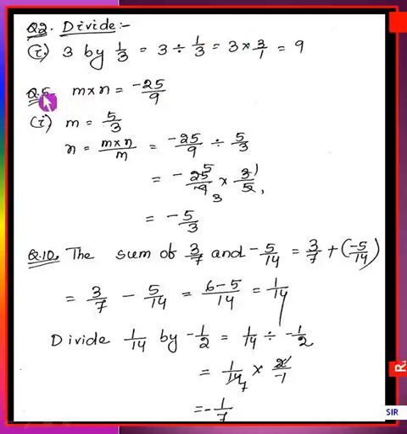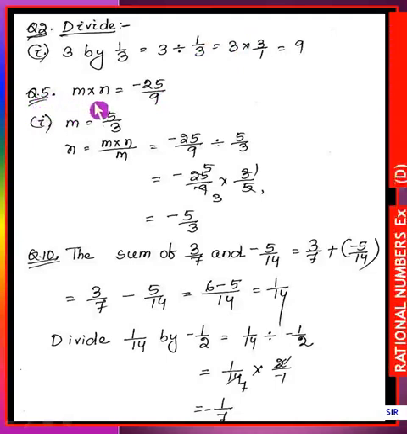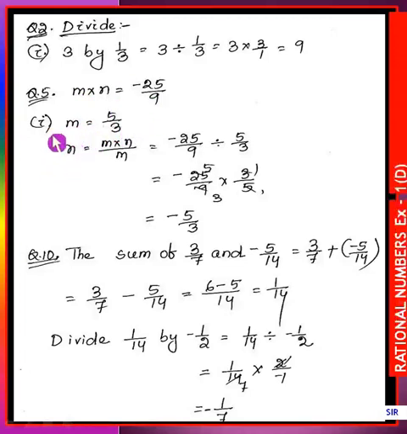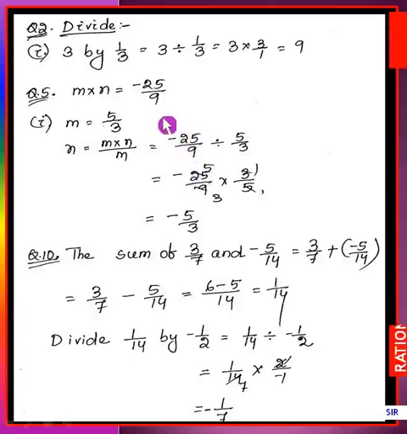Now come to question number 5. It is given that m into n equals minus 25 by 9 and m equals 5 by 3. Children, try to understand that. The product of two numbers is given and one number is given. Find the other number: n equals the product of two numbers divided by one number. So m into n divided by m equals the product, which is minus 25 by 9, divided by